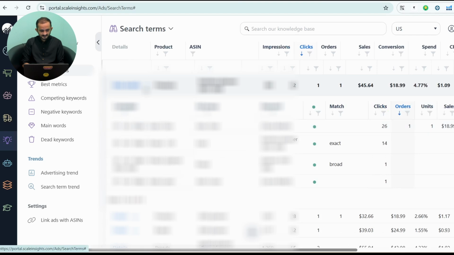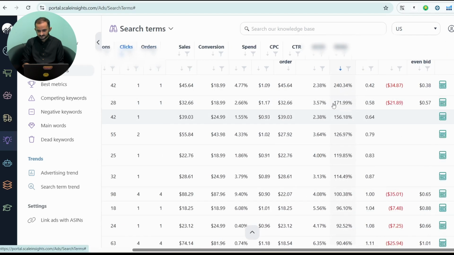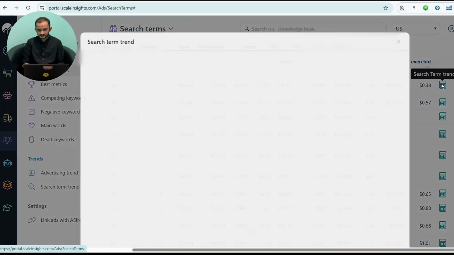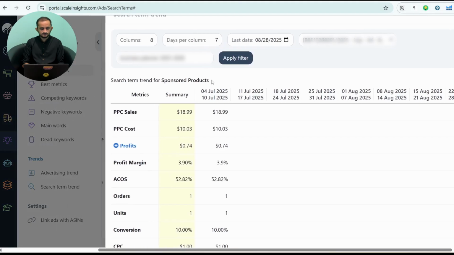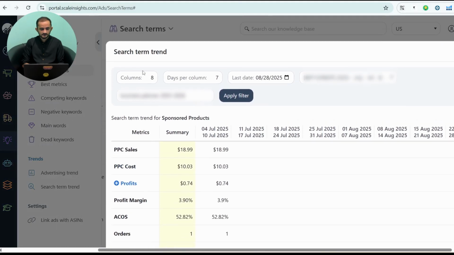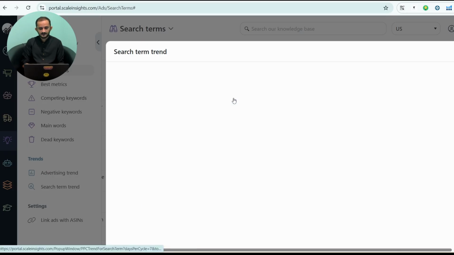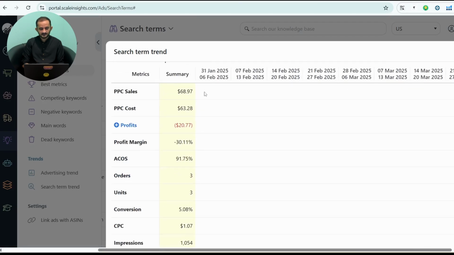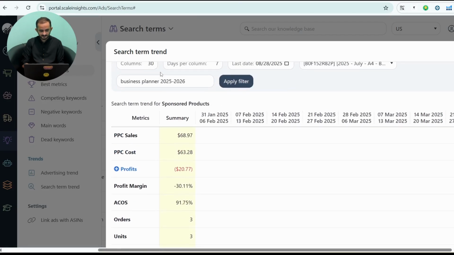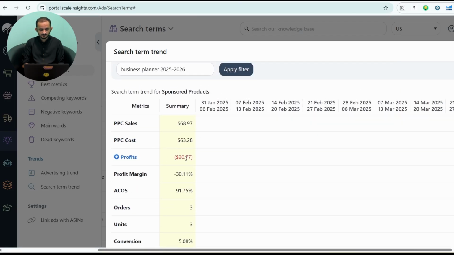One more important thing that you can have a look at is this search term analysis report. Let's say you don't want to trust the last 90 days, or you were looking at the last 30 days and it was not trustworthy. So you can type in any number of weeks in here. This column means weeks, and this is the number of days, which indicates a week. Let's say I have a look at the last 30 weeks,